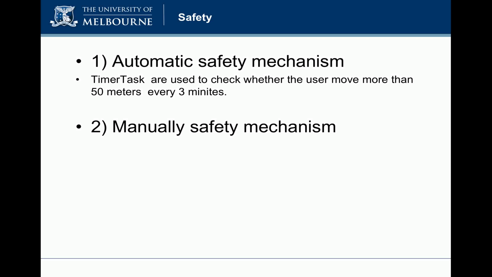In this app, 2 safety mechanisms are designed. The automatic safety mechanism is implemented by a timed task which checks whether the user moves more than 50 meters every 3 minutes. If not, an emergency text message containing his location will be automatically sent to his family member for seeking help. The other is the manual safety mechanism, where the user can press the button to send an emergency message to his family member